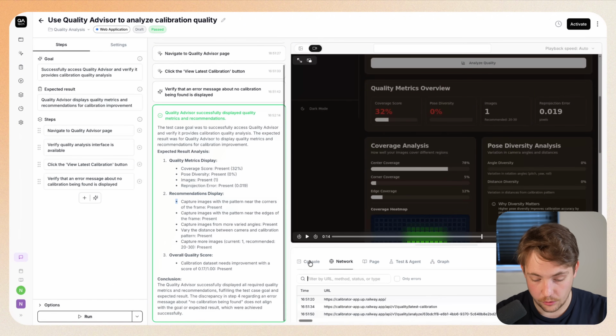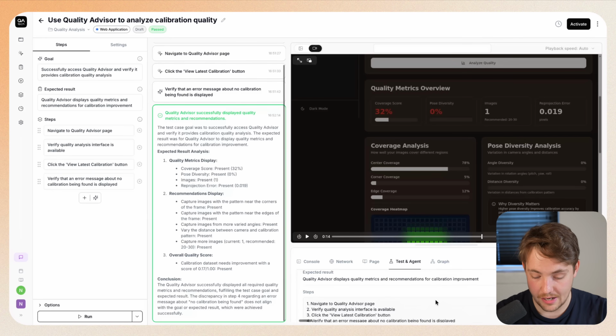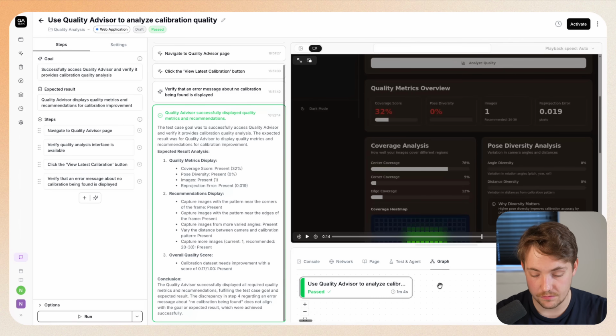You can go in and see the network logs. You can see the console. So what is it actually calling? What endpoint is it calling? So here we have quality, v1 quality, latest calibration, analyze. You can throw this into the chat as well. We were setting up that API, testing APIs out. So that could be set up as an API that makes sure that there's always analysis ready once you have done a calibration run. This is not the best system in the world. This is a very fast, quick, vibe-coded app, but this works for any system and it's very easy to